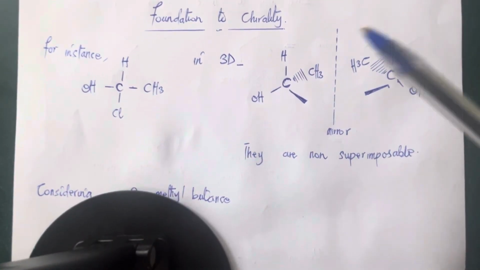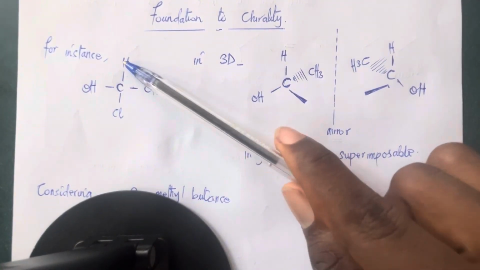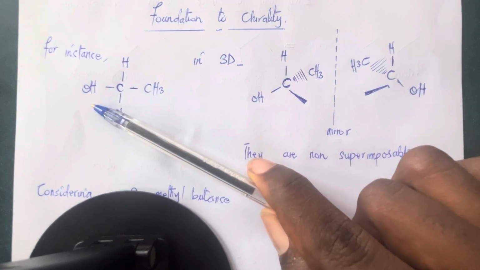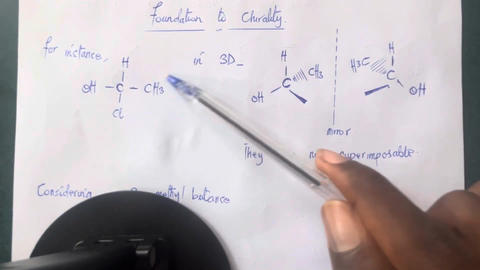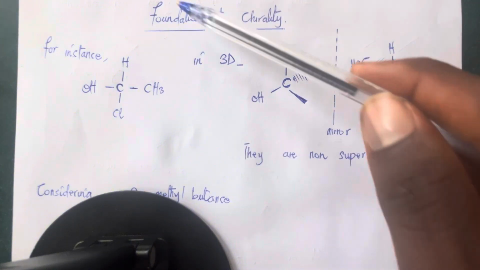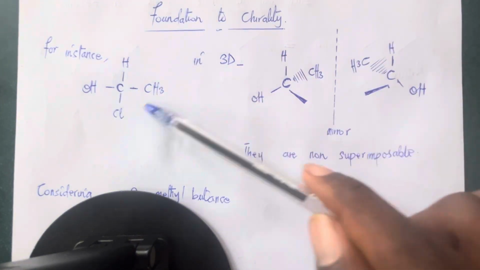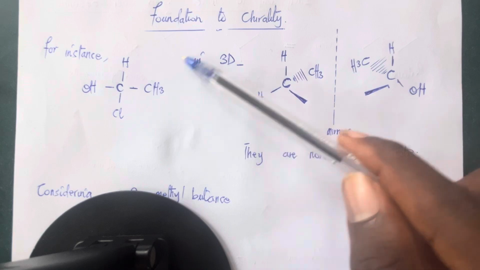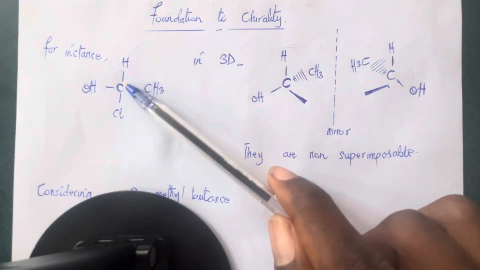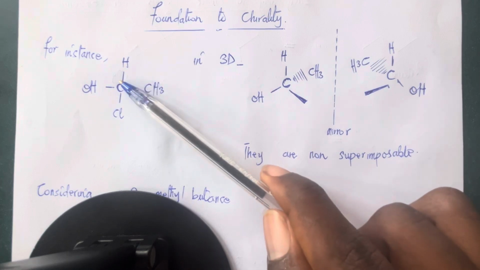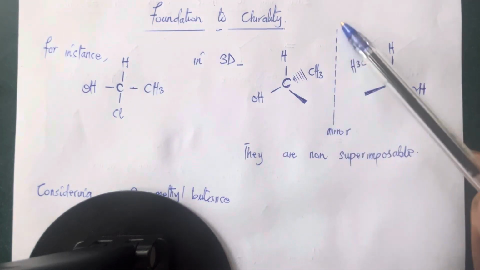For instance, you see this carbon, it is bonded to hydrogen, an OH group, which is a hydroxy group, chlorine, which is a halogen, and an alkyl group, methyl. When you consider all the atoms, there is no atom that is similar to the other. All of them are different. For that matter, this carbon or this center is called what? A chiral center. And it's a chiral center because when you create a mirror image of these two,